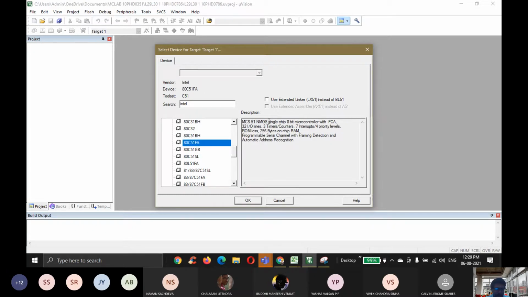You can see it is an NMOS IC, and the features of CHMOS ICs. Different fabrication technologies would have been used to manufacture the IC, and their specifications will be there.